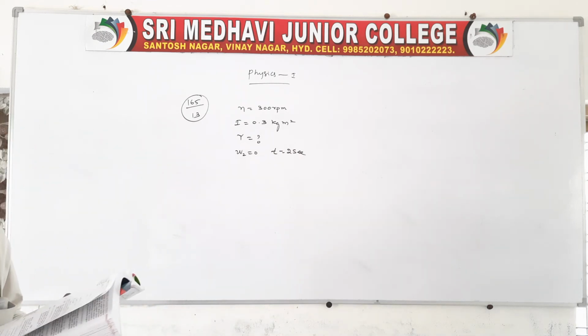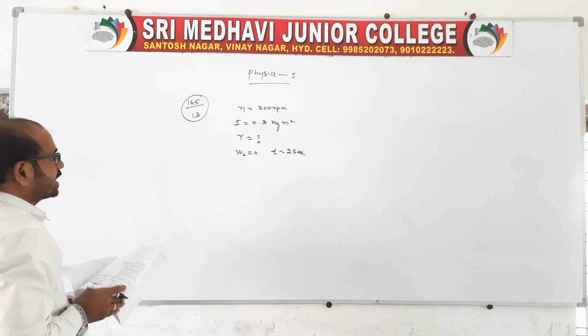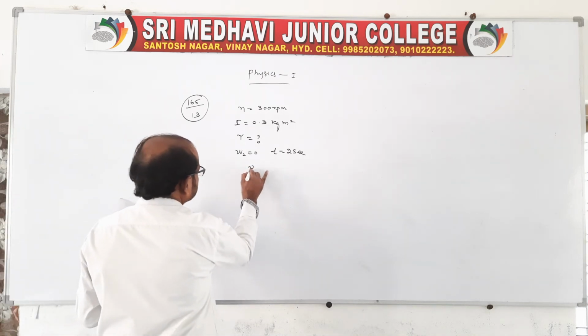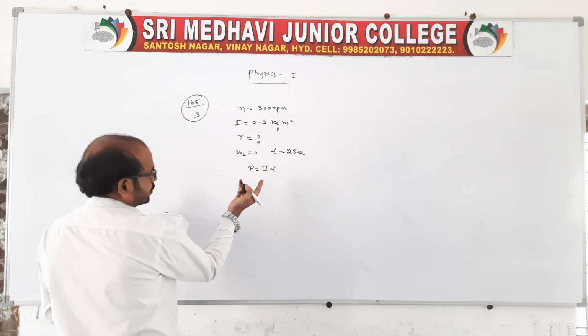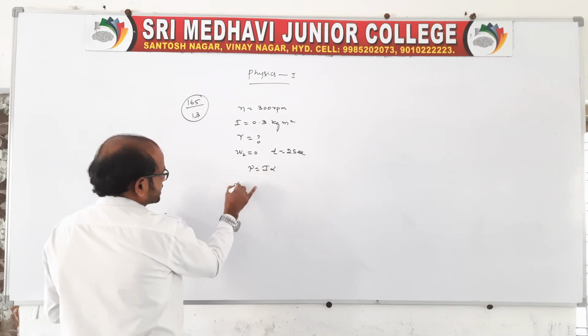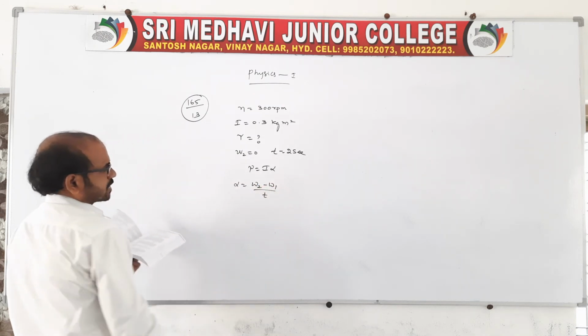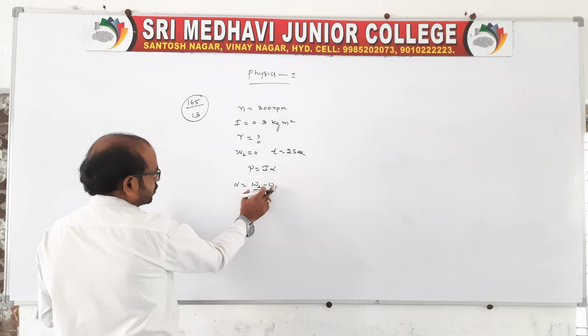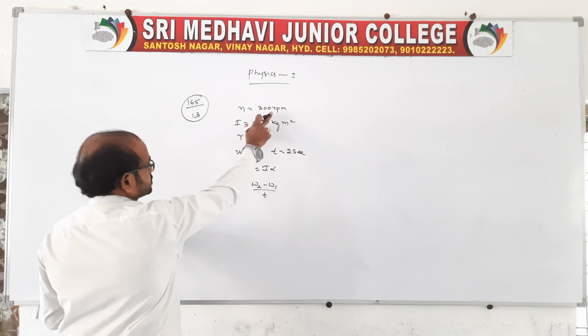So the question is on page number 165. You go through that. What is it asking now? Find the torque. Of course torque is nothing but I alpha. Of course I is there, but alpha we don't know. It is brought to rest now. Alpha is nothing but omega 2 minus omega 1 by t. So final becomes 0, but we don't know omega 1, which is revolving with 300 rotations per minute.